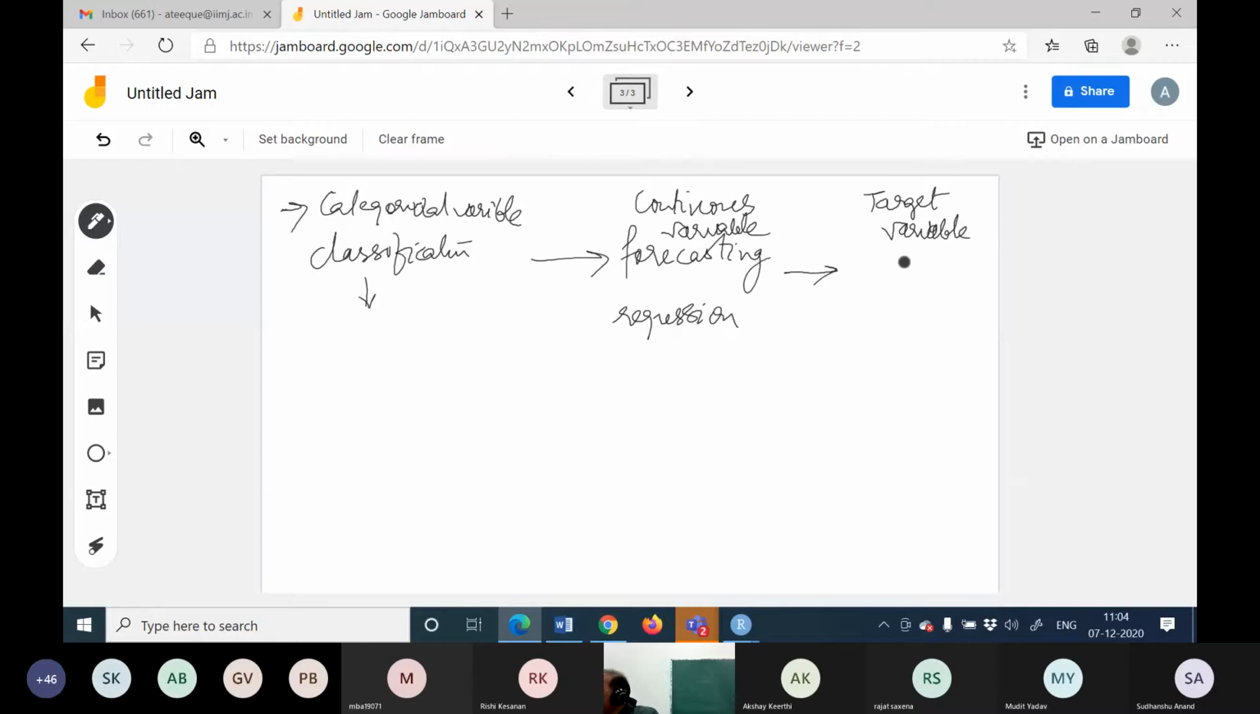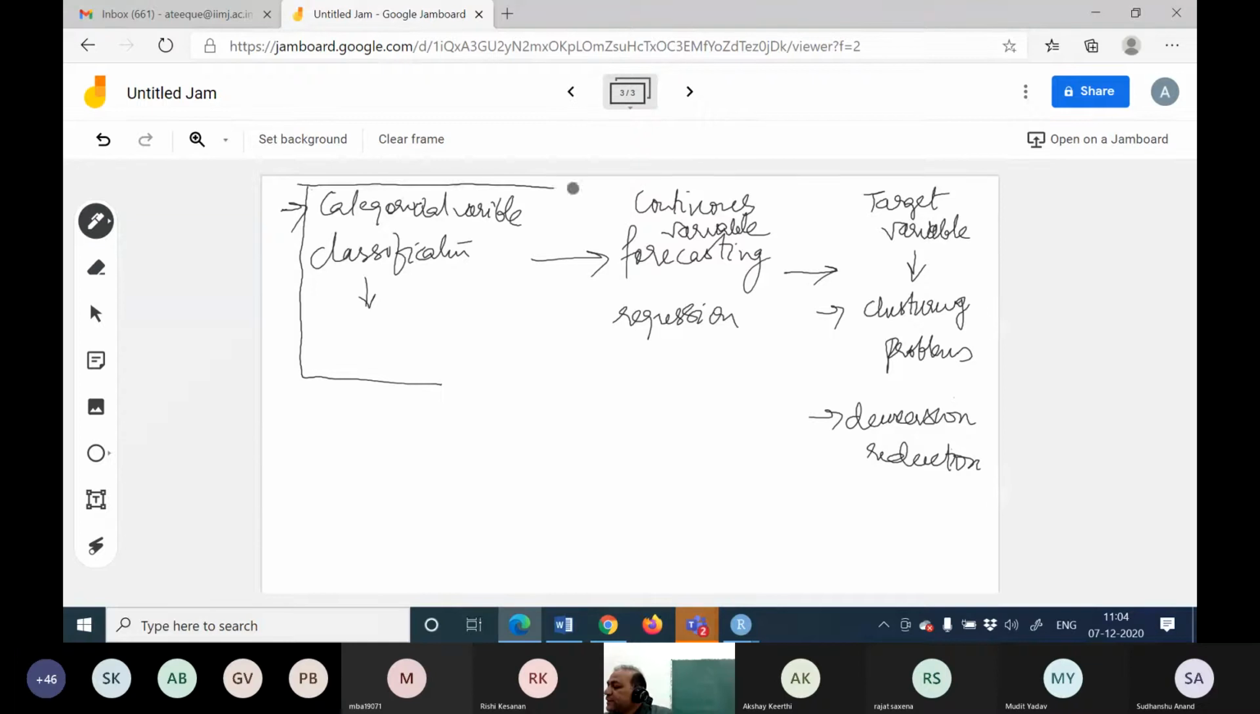And those kinds of problems are your clustering problems, or dimension reduction. You want to reduce the number of variables or features in the data set. Okay. Now, these kinds of problems in machine learning are called supervised machine learning